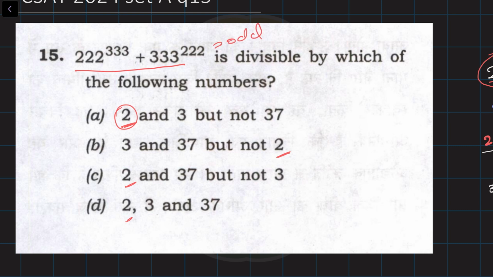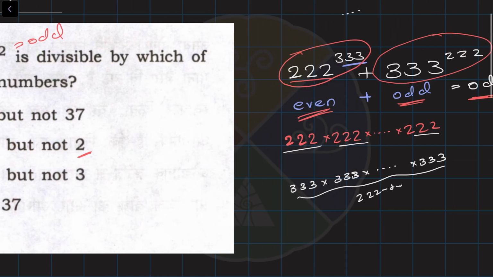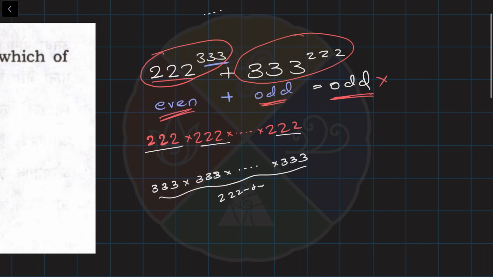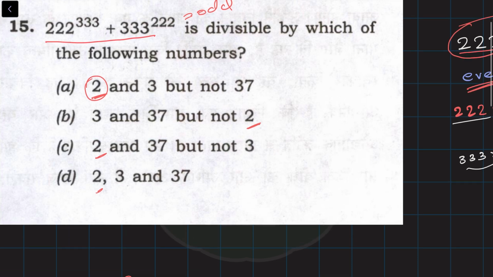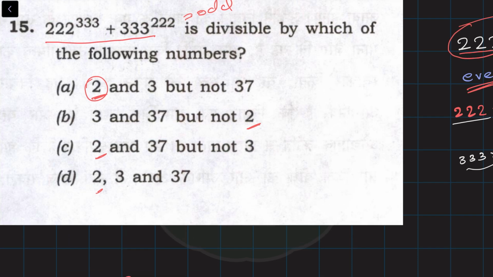That basically means that the resultant will not be divisible by 2. An odd number is not divisible by 2. So there is only one option which suggests that the following number is not divisible by 2. Therefore this answer can be answered just by a basic condition of even and odd. That is the reason why this problem becomes very easy.